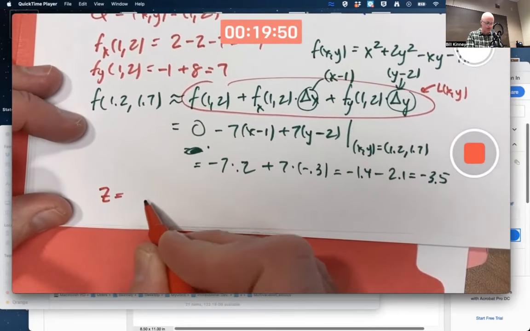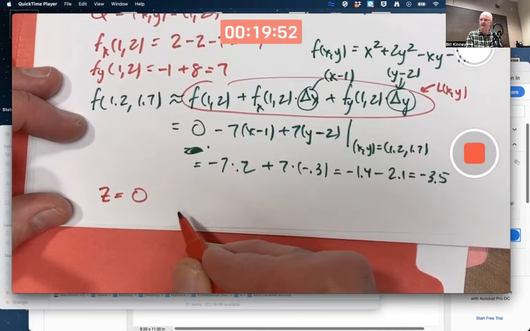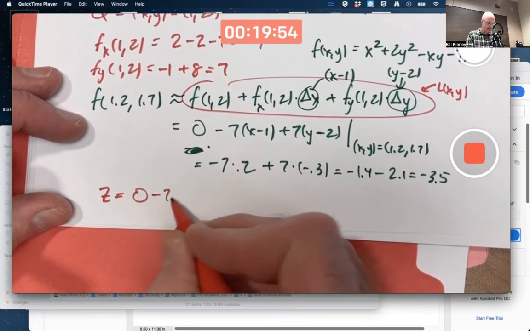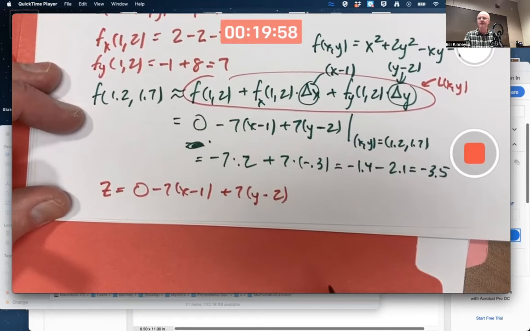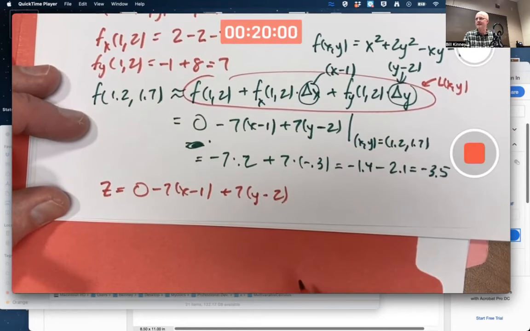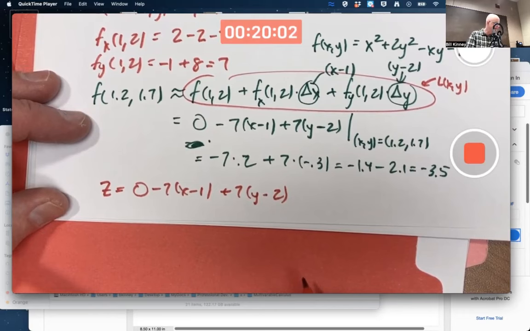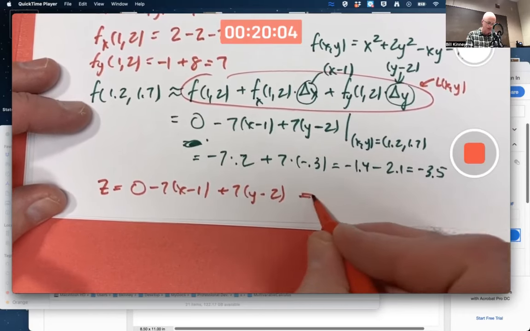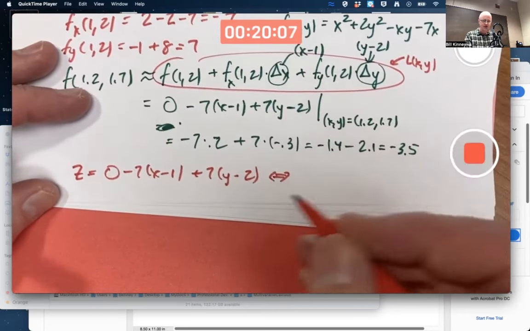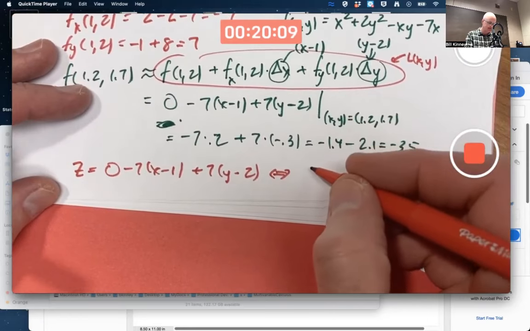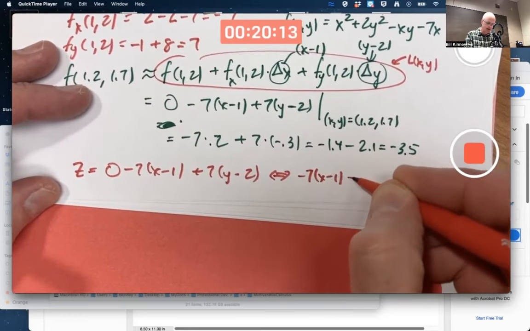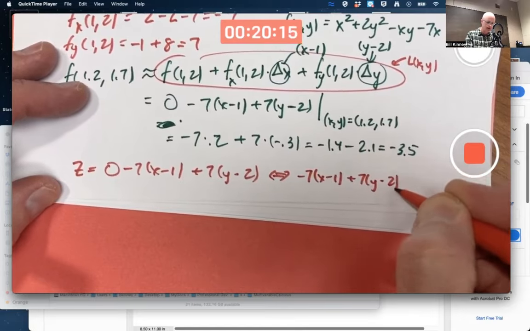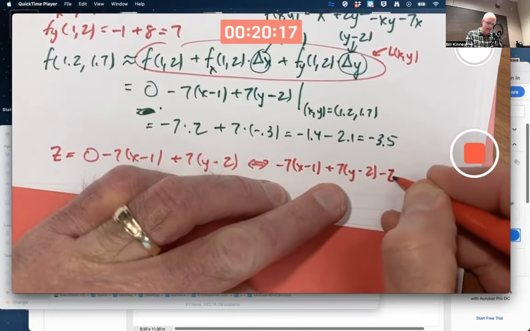Z in this case equals, I'll put the 0 in there for emphasis, 0 plus minus 7 times x minus 1 plus 7 times y minus 2. That effectively is the equation for the tangent plane. To put it in more of the standard form, like the book says, essentially just subtract z from both sides. And you write it as negative 7 times x minus 1 plus 7 times y minus 2 minus z equals